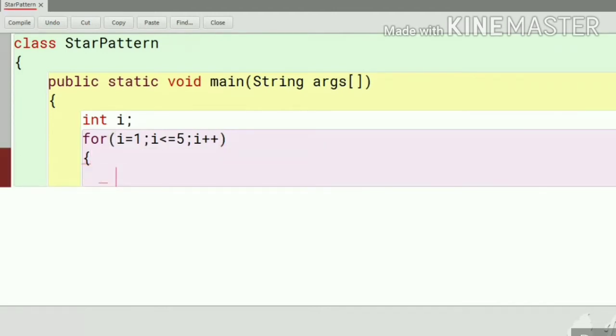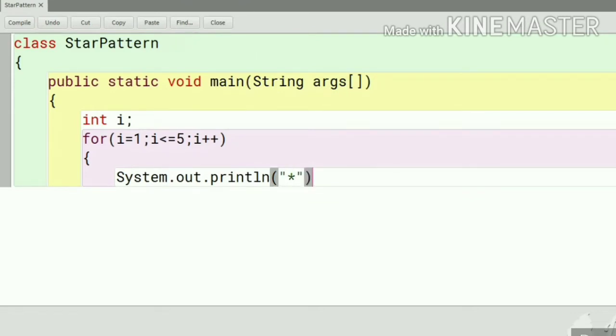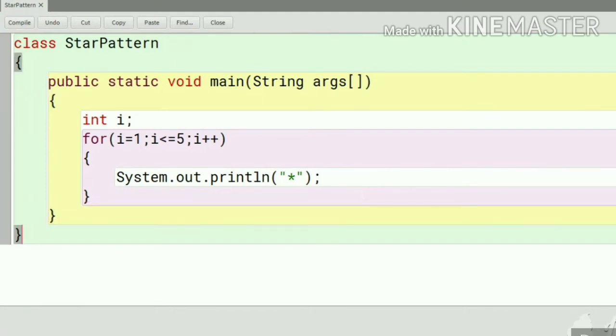Here we have to write the printing statement, System.out.println, to change the line of the star after every row. So you write double quotes, star, double quotes, close bracket, semicolon, curly braces close for the loop, and again for public and for the class.